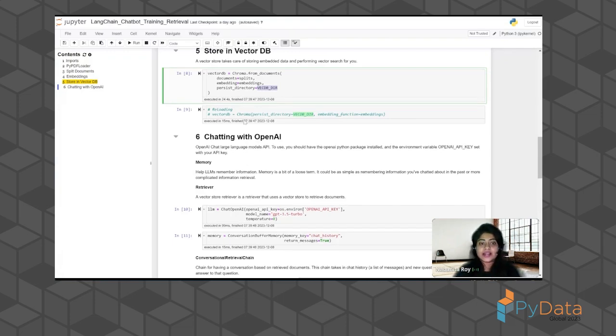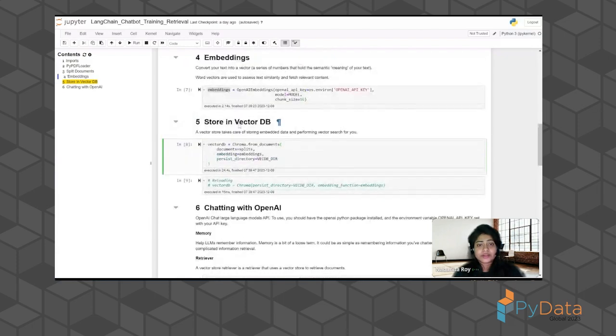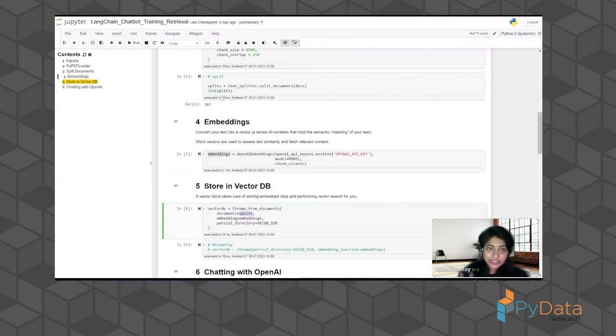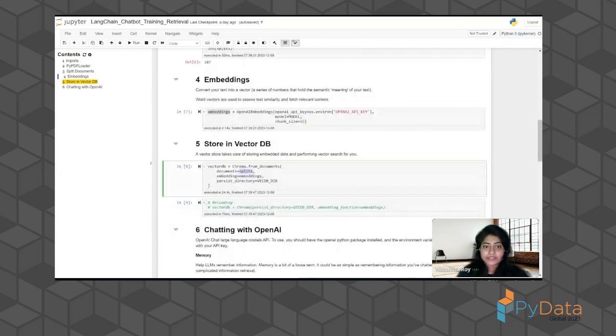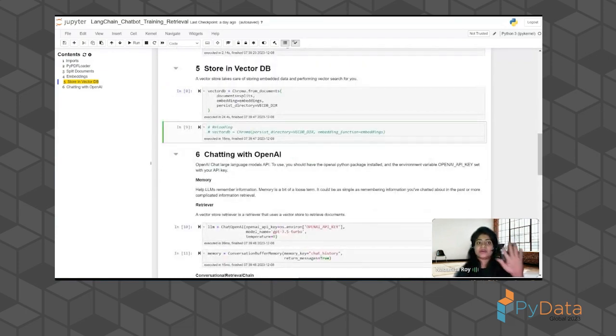So once we've done that, we've created the vector database from the embedding setting that I've created, passing in the splits. Splits contains all the split documents, the PDFs, and it stores the vectorized format into this directory. And so now once we've created this,